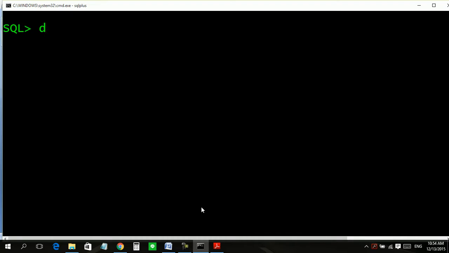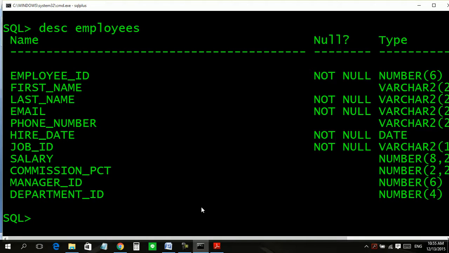For example, we have an inbuilt table by Oracle, its name is employees. Whenever you install Oracle, it comes automatically. It has employee ID, first name, last name, email, phone number, hire date, job ID, salary, commission percent, manager ID, and department ID.